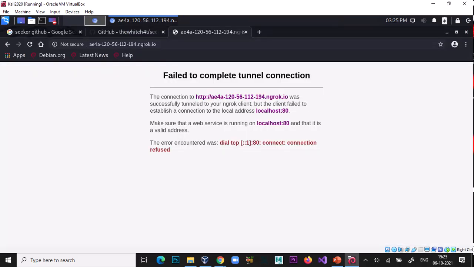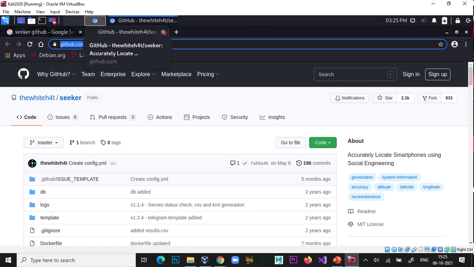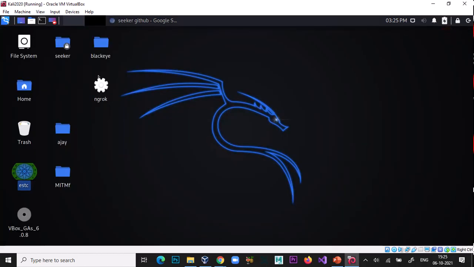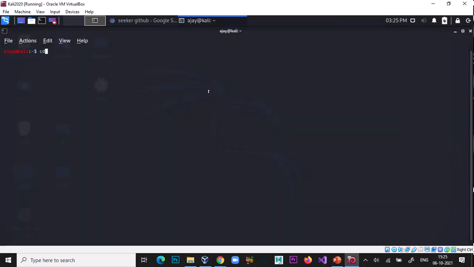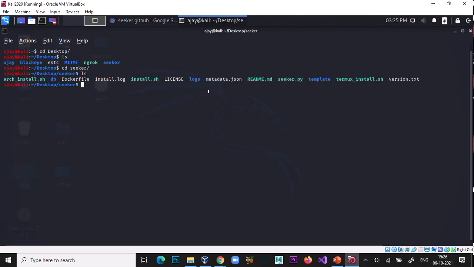Do one thing. cd desktop, ls, cd seeker, ls, sudo, -t manual, password.